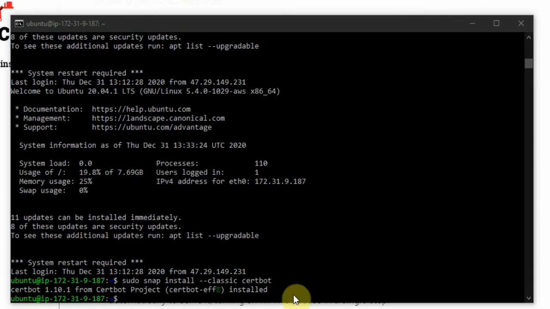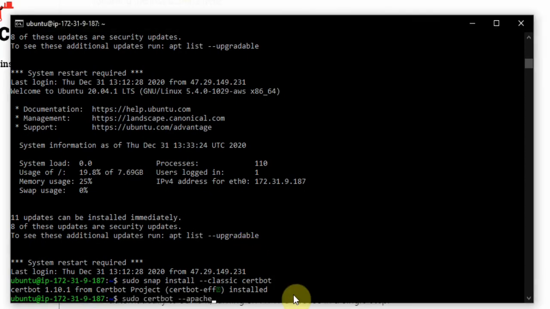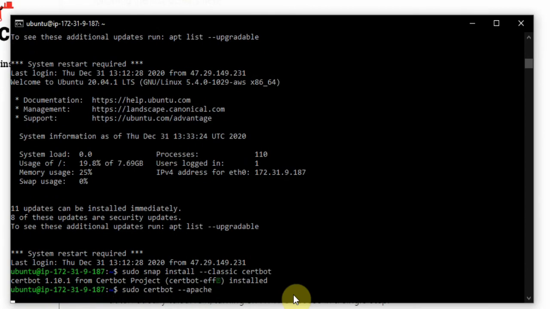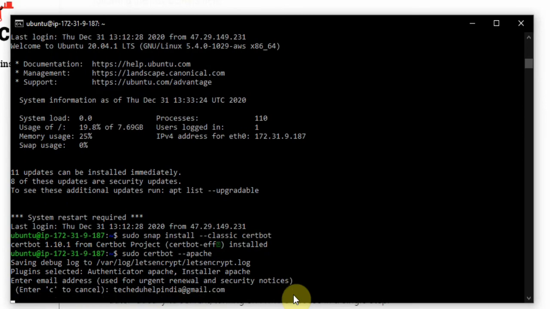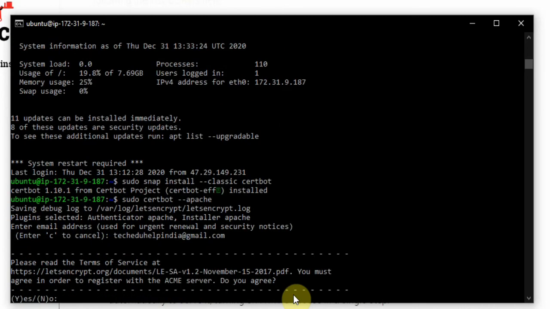Now I'll move to another command, certbot apache. Here basically we will have to put the email, right? And it is good, no issue putting the email. So I'll put my email. So I have entered it. I have to do yes.